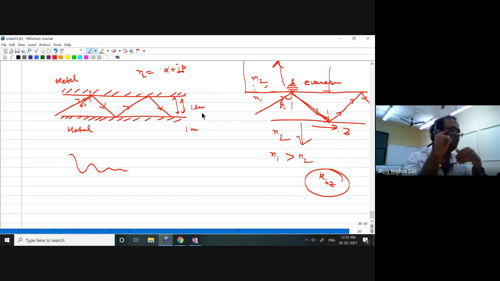That is mainly because of this one thing, the dimension. Another thing is that when your dimension becomes smaller and you are using metal, to hold a 1 micrometer distance, and in between you have to have some kind of dielectric, that is a huge task, with a lot of losses, and the waveguide is not really economic. So that is the reason when we talk about optical frequency, light wave, we don't go for this metal waveguide. Instead, we go for this total internal reflection principle. Total internal reflection is the major thing for guidance.